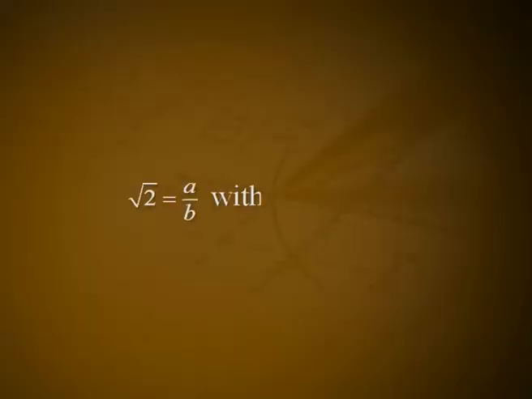But if b is equal to 1 happens, then a square is equal to 2, which is impossible as no integer can be multiplied by itself to give 2. Our supposition that root 2 is a rational number is wrong, and so root 2 is irrational. A later proof. There is an alternate proof of the above theorem. If root 2 is equal to a by b with GCD of a and b equal to 1, there must exist integers r and s satisfying ar plus bs is equal to 1.